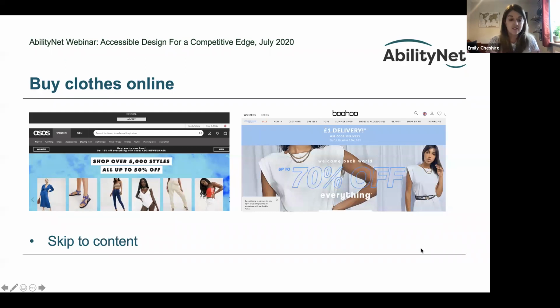They both have visually appealing sites, but ASOS have really overcome that obstacle, or maybe they probably don't even see it as an obstacle, and actually built a site that can be used by anyone no matter what, and they've not had to make any big sacrifices in doing that. They're very similar sites, but one is accessible and one isn't,